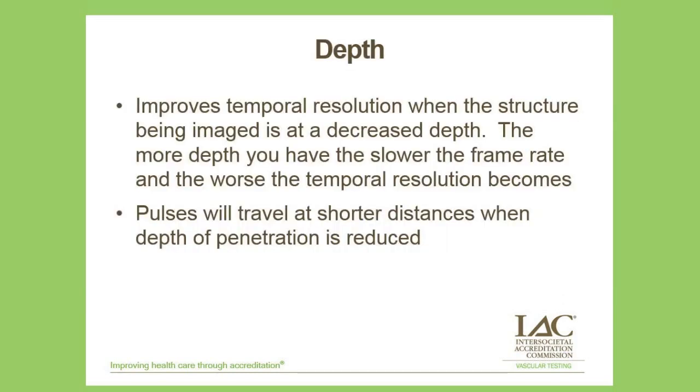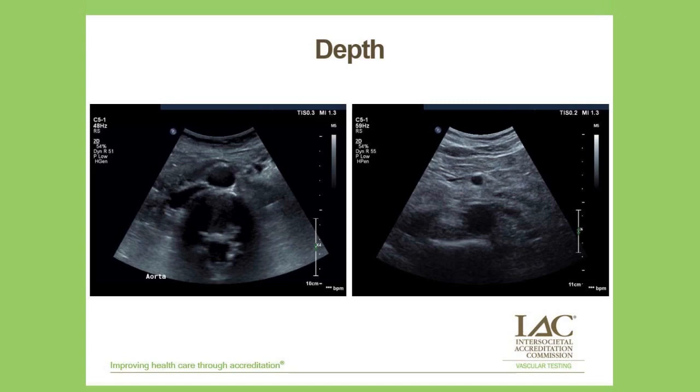Your depth improves your temporal resolution when the structure being imaged is at a decreased depth. The more depth you have, the slower the frame rate, and the worse the temporal resolution becomes. So pulses will travel shorter distances when depth of penetration is reduced. So here's an image of an aorta in transverse,